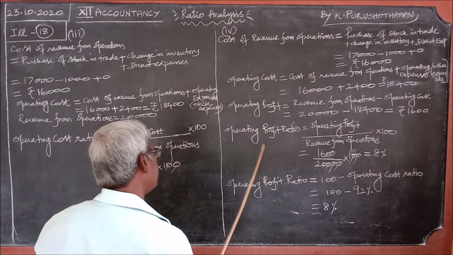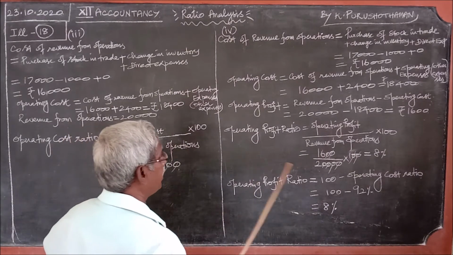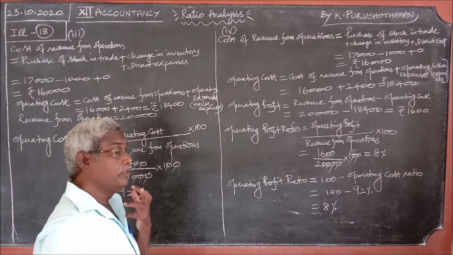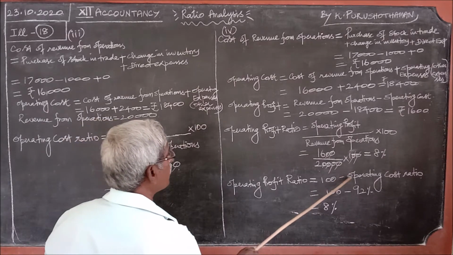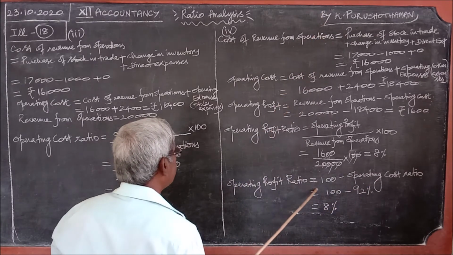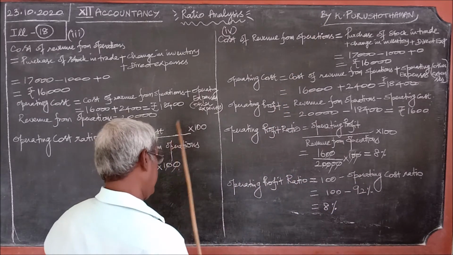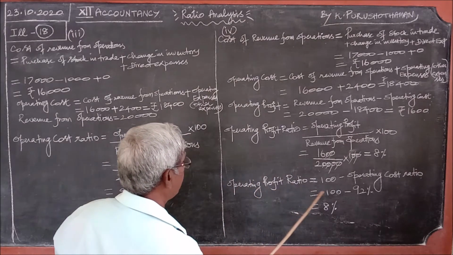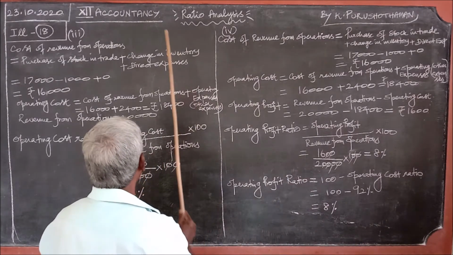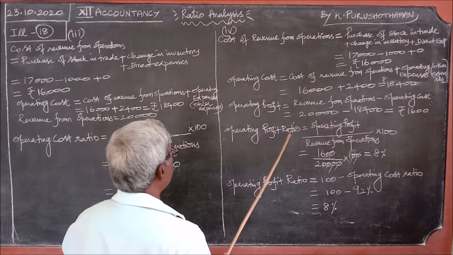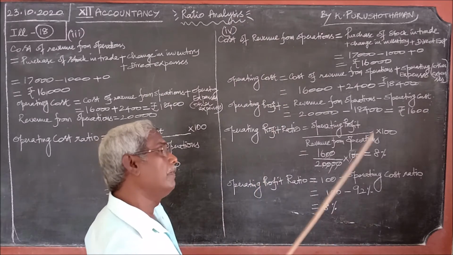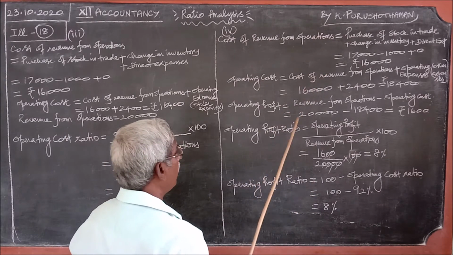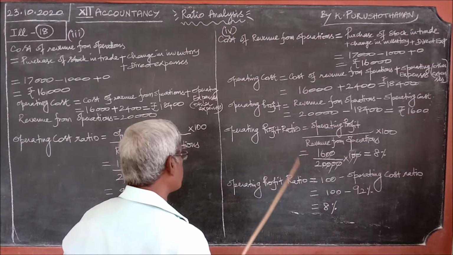If they ask only this and not both together, what will I do? 100 minus operating cost ratio, then from where will the operating cost ratio come? For that purpose, what we must know, without knowing this operating cost ratio, how to find this is the formula. So if they ask both together, we find this and then follow this short method to find the operating profit ratio. That is one method. Instead of asking this question, if the question is only operating profit ratio, what will we do? We should do all these things. Okay? That is why I did both the methods here.